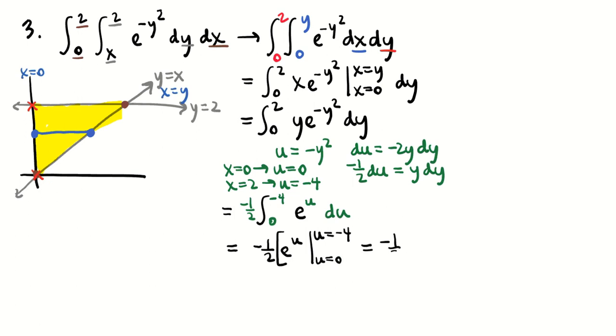Okay. And then that's going to be negative 1/2 of e to the negative 4 minus e to the 0. And again, I could distribute that if I wanted and say that's positive 1/2 minus 1 over 2e to the 4. Okay, and that's going to be a positive number like you would expect, integrating a positive function over, well,